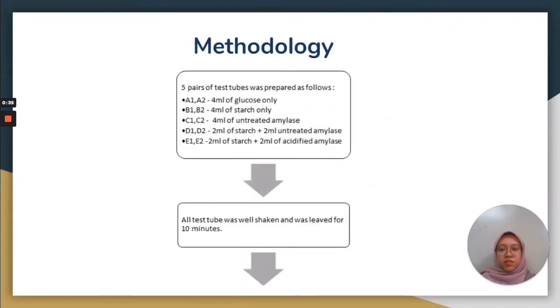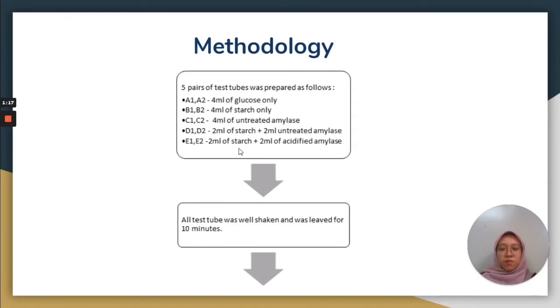The methodology is first we need to prepare 5 pair of test tube. First pair contained 4 ml glucose only and was labeled as A1 and A2. The second pair is contained 4 ml of starch only and was labeled as B1 and B2. The third one is 4 ml of untreated amylase and was labeled as C1 and C2. The fourth one contained 2 ml of starch and 2 ml untreated amylase. And the last one is 2 ml of starch and 2 ml of acidified amylase and was labeled as E1